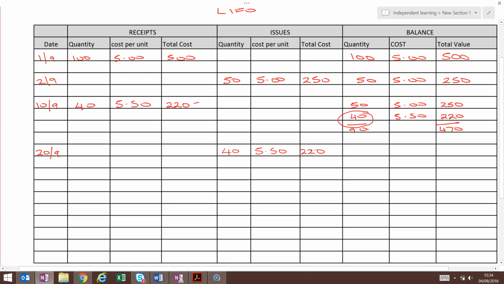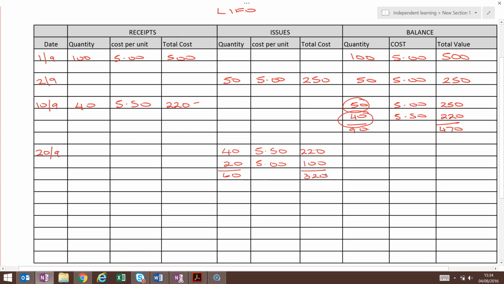We need another 20, so we will take them from the delivery that came in before that one. So we take 20 at £5. So that's our 60